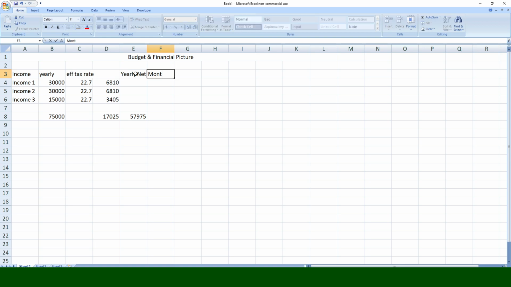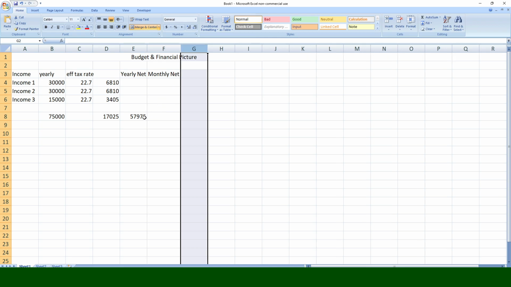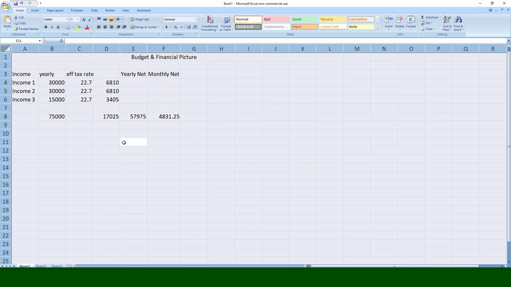And then you'll have your monthly net. It'll be that number divided by 12. So there you go. Your monthly net is $4,831.42. So I'm going to hit Control A here to select absolutely everything,